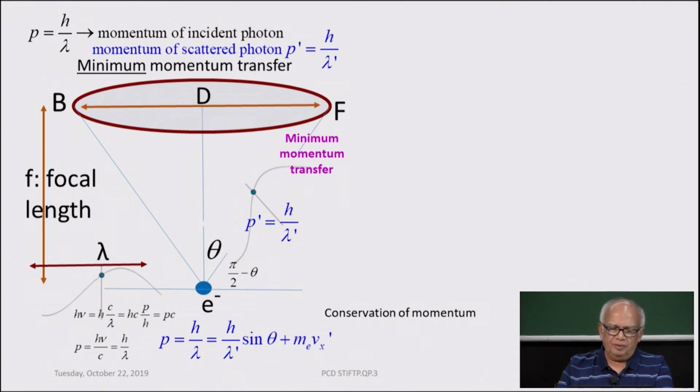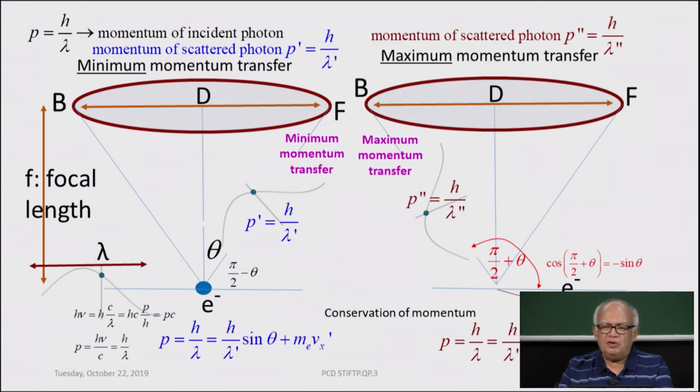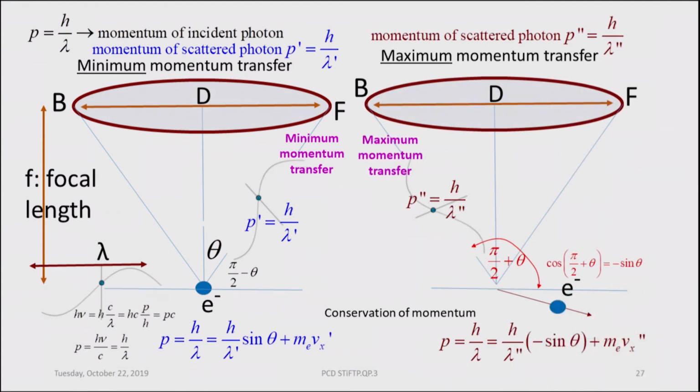So, you can write the conservation of momentum and get the momentum for the scattered electron. You can do this for the other possibility also,